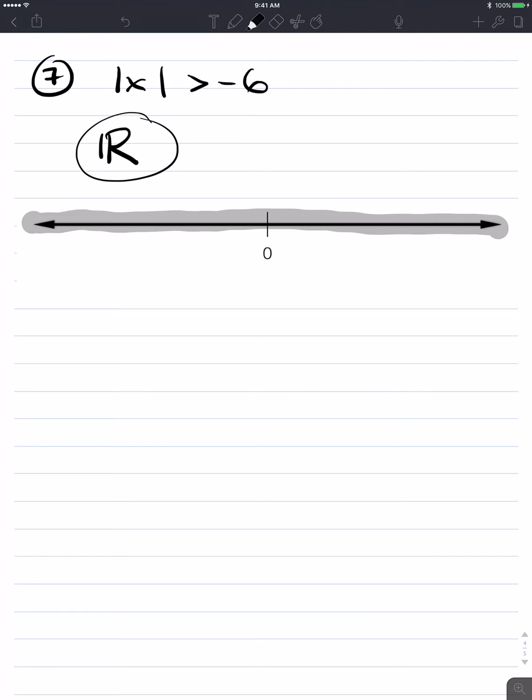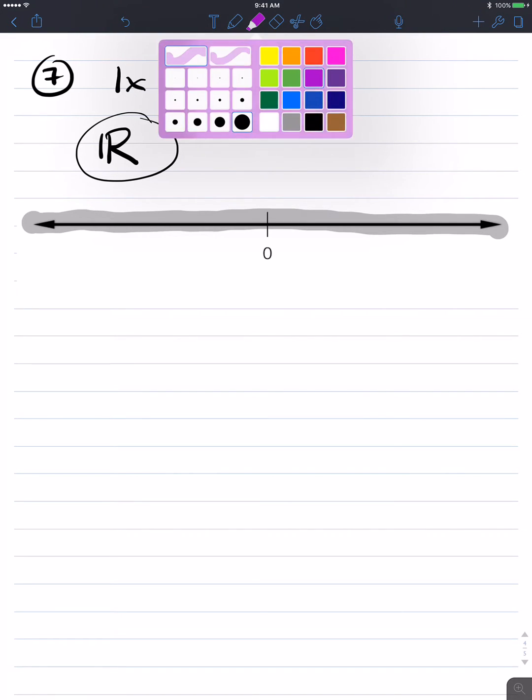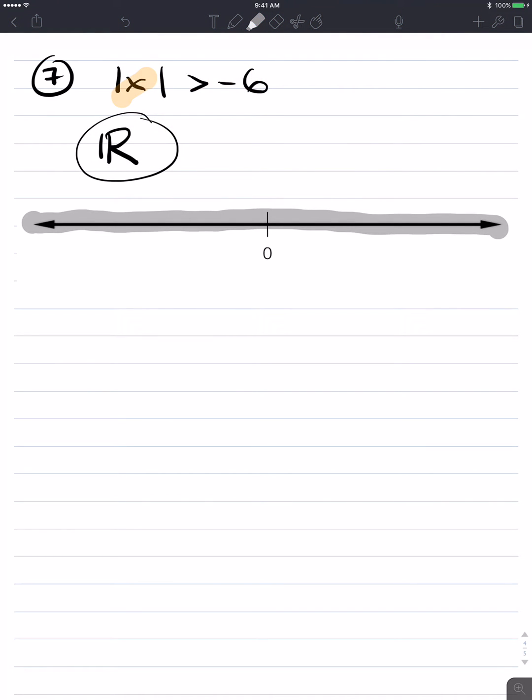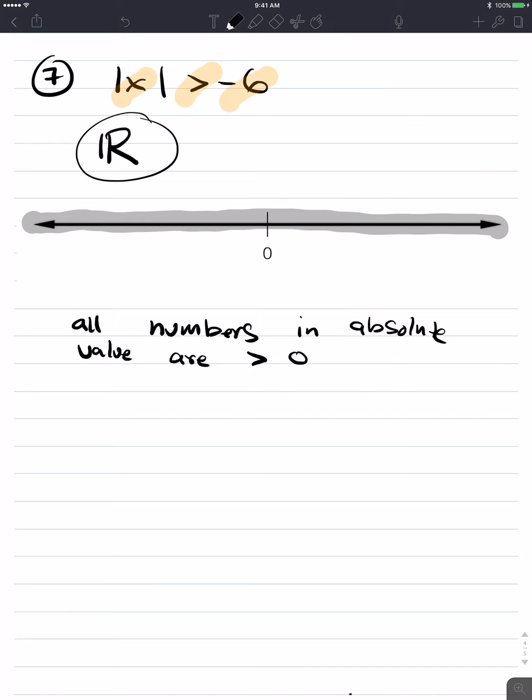Everything is shaded. Let's consider why. We're trying to describe numbers, by the way, that are bigger than -6 in absolute value. So let's remember essentially the following, that all numbers in absolute value are greater than 0